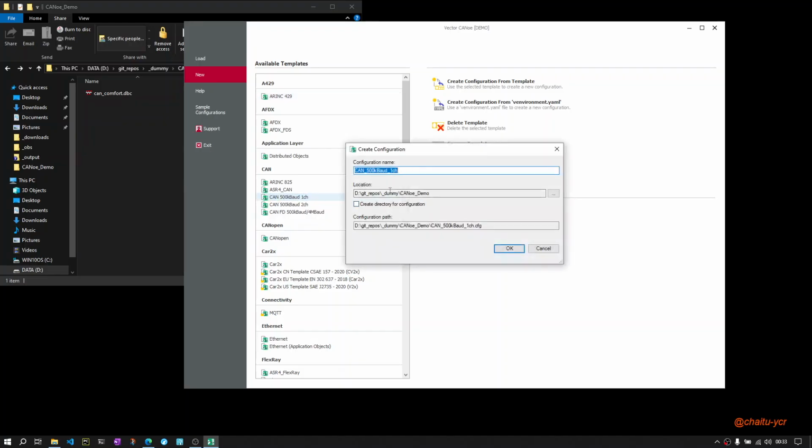Just select it and it will ask you to enter the configuration name. You can name it the way you want. For demo purpose, I will name it CANoe configuration as demo. Okay, now I don't want to create a new directory. I will store that newly created configuration here in this CANoe demo folder. Okay, and once it is created, it looks like this demo.cfg in this demo path. Okay, click OK,